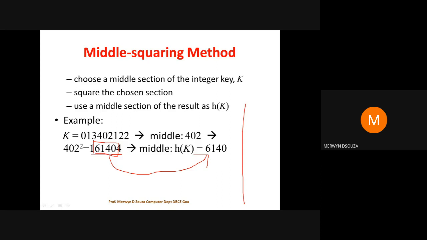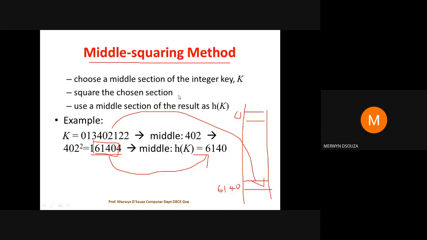In my entire hash table, starting from 0, somewhere there will be 6140. There I will store this value 013402122. So this is how you use the middle squaring method.